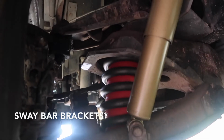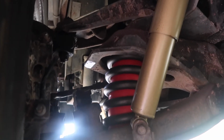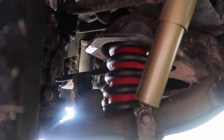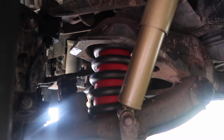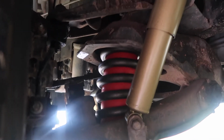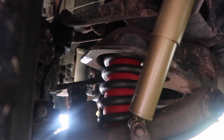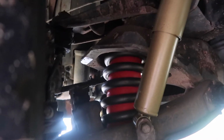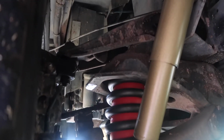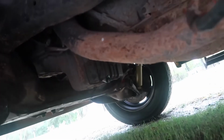The control arm brackets on both ends were completely sheared off, so those had to be replaced. That caused the whole front to compress. It blew out the airbags. Those disintegrated and dry rotted, which caused the springs to overcompress. So those were irreparable, and that caused the shocks to collapse. So new shocks, new coilover springs, new airbags, and new control arm brackets. And it's a brand new front end suspension, and it handles